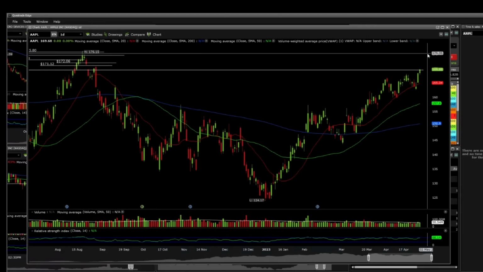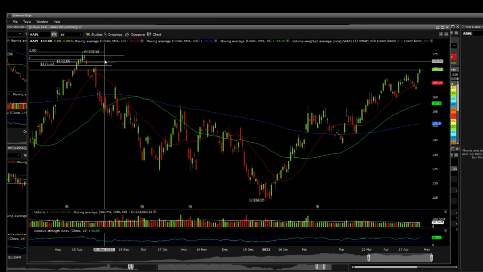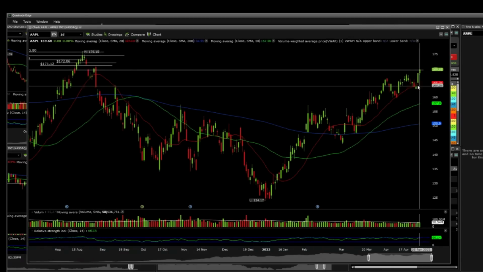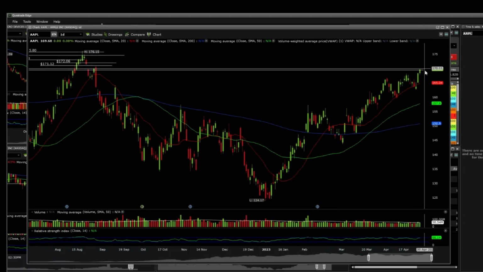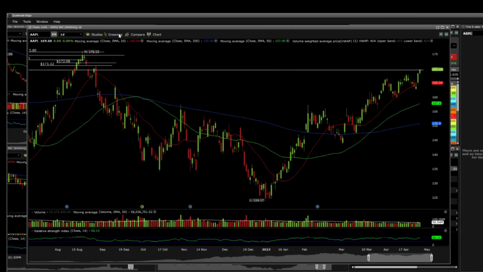That's the high range. So if Apple can get to 175, the SPY could probably get to 420 at the highest. But I do think the market ends red this week. So the weekly candle will be red, in my opinion, because we're facing so much resistance up here. So up until there, and then right back down. And then I think Apple's low for this week could easily be under 165.